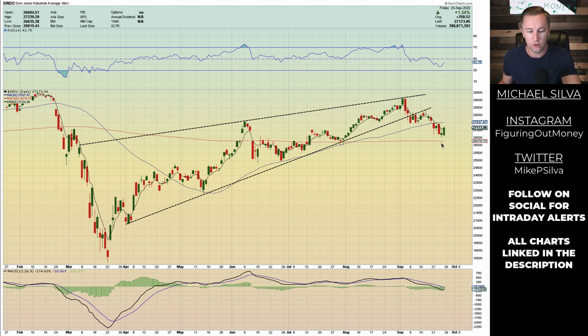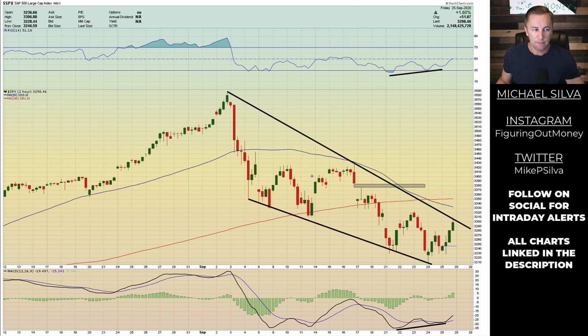Let me show you the more zoomed in time frames of the S&P and the Nasdaq, and then I'm going to show you some of the indicators that I'm looking at to make me think: is this actually the rally that's going to happen? Are we going to see continuation to the upside, or are we going to just see a false breakout, more downwards pressure until we actually hit a more significant major area of support?